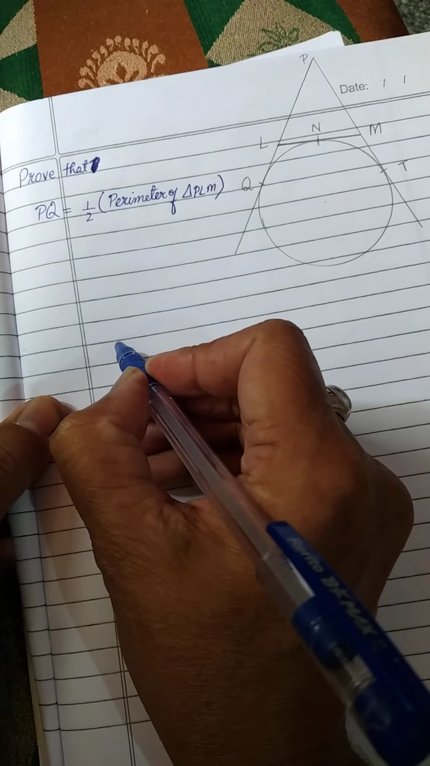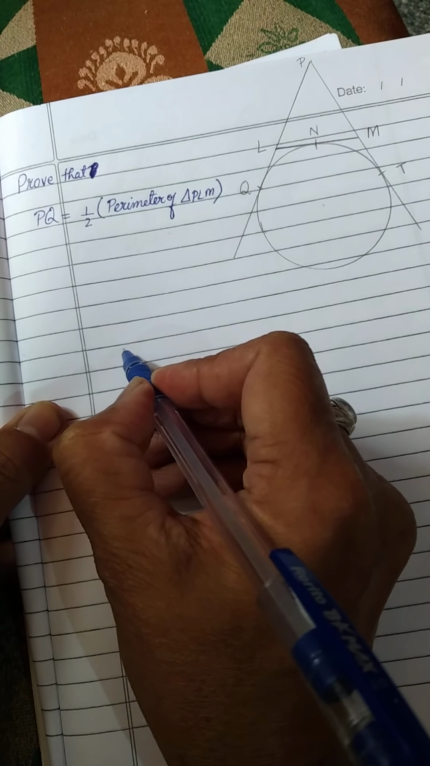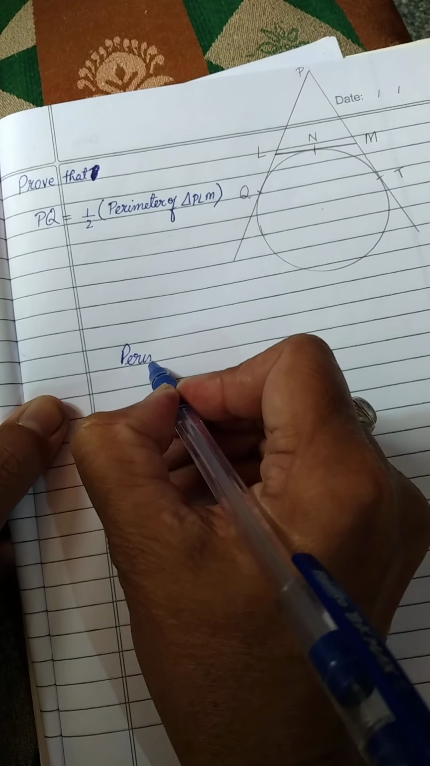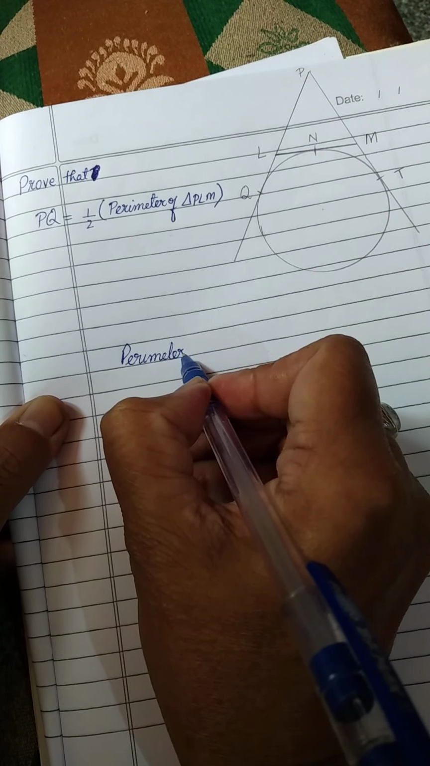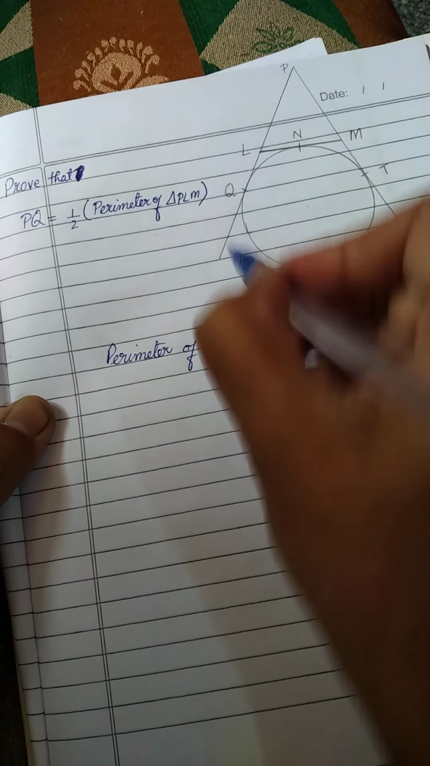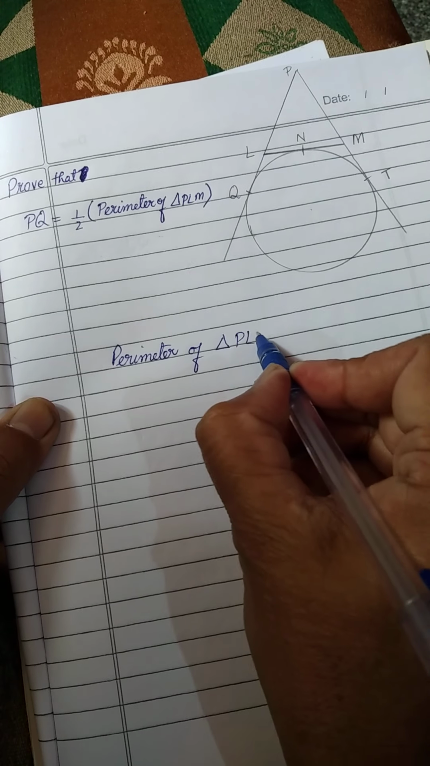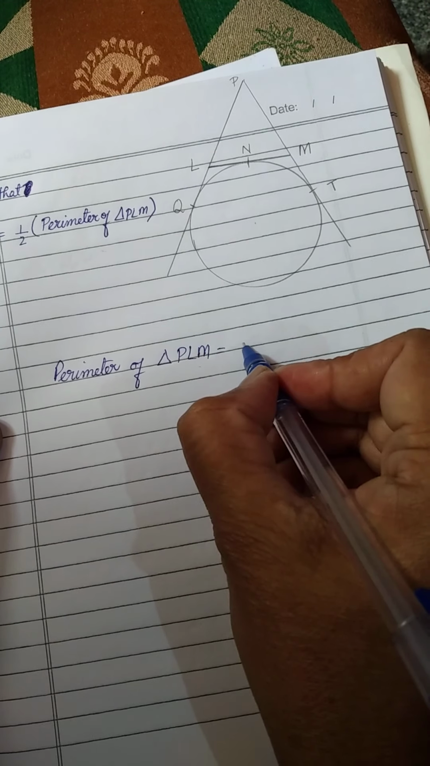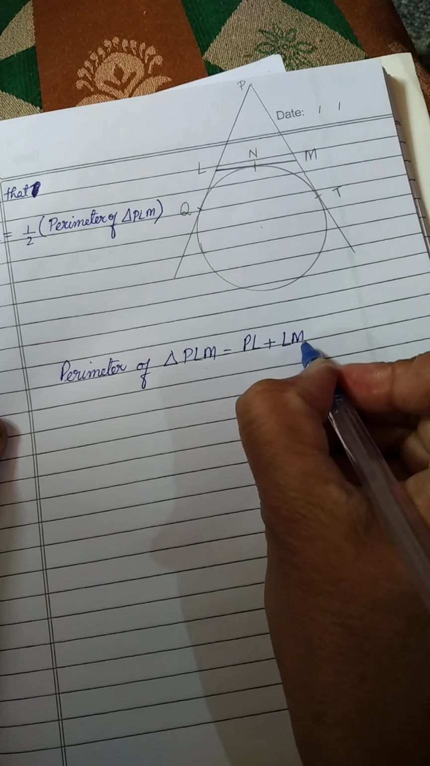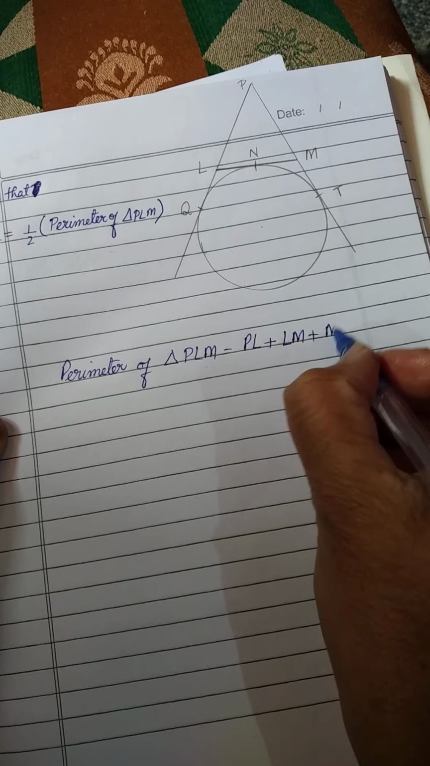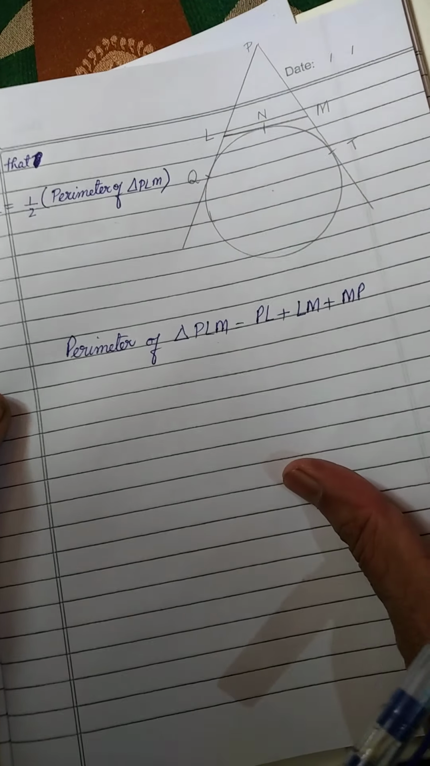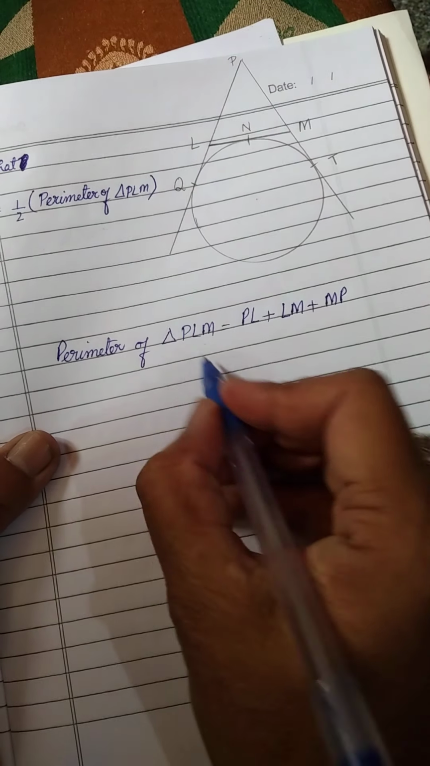First of all, the perimeter of triangle PLM will be PL plus LM plus MP. That means the sum of all the three sides of the triangle, that is the perimeter. After that you see